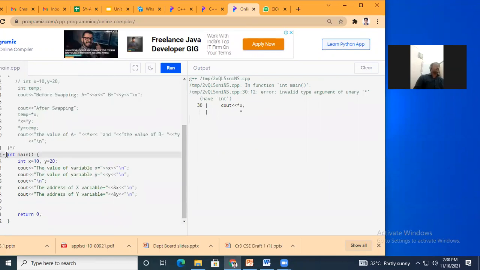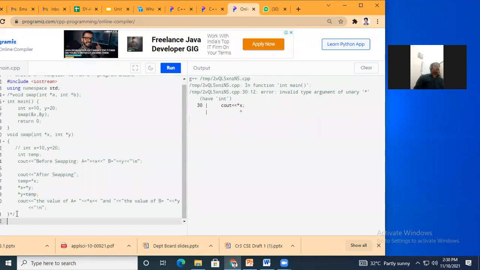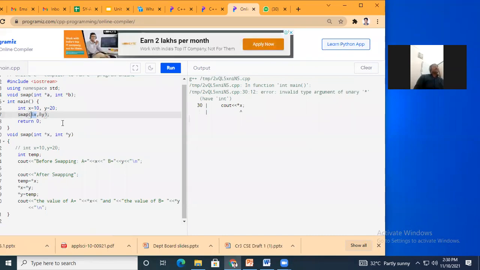So that is what I used here in the program. Instead of simple arguments, I just pass the pointers. If I do not use the pointer, I will not get the value of that address. So this is about call by reference, the call by reference program for swapping of two numbers.